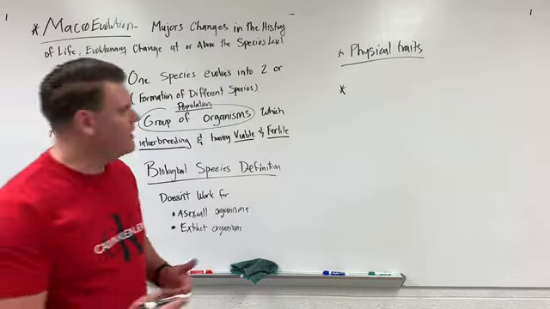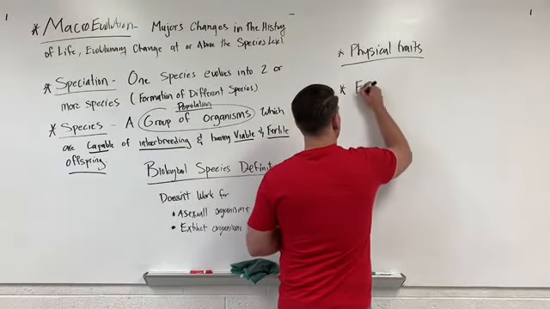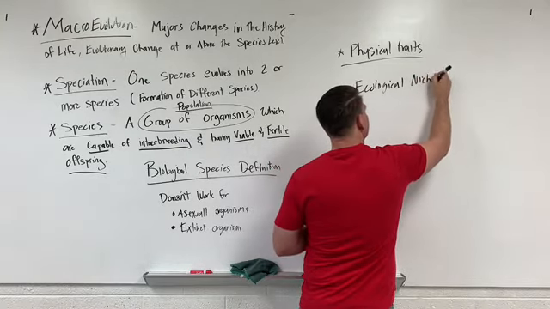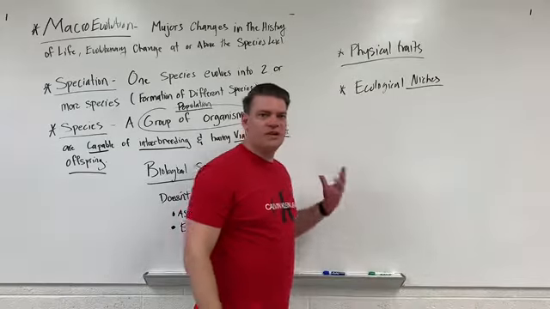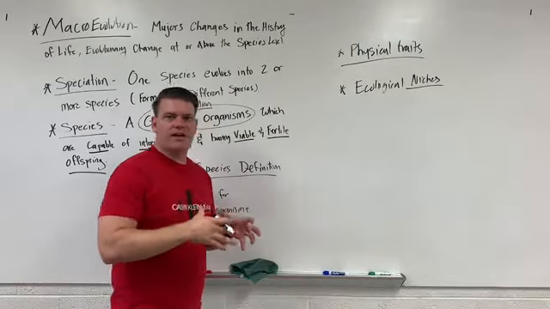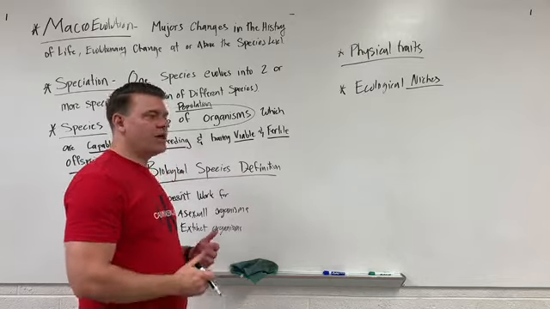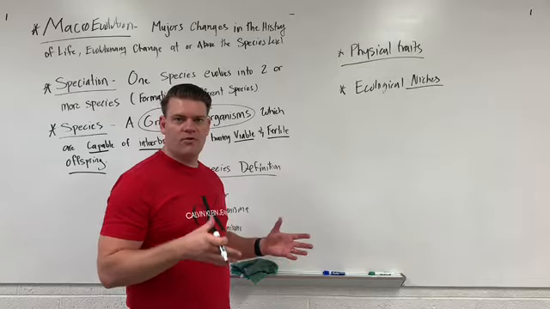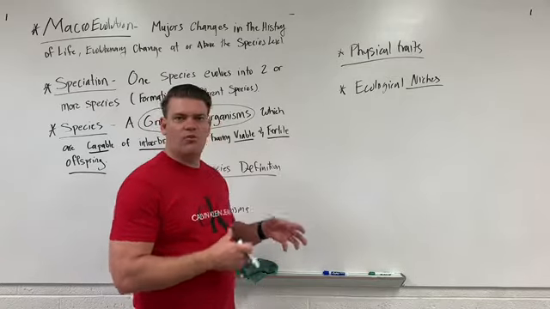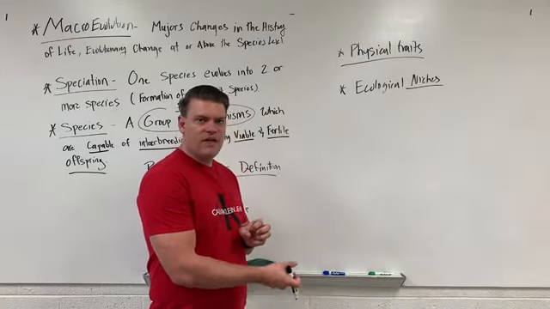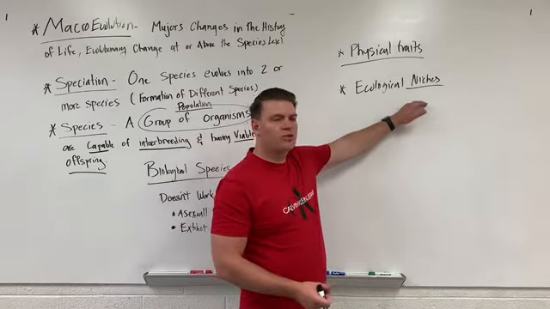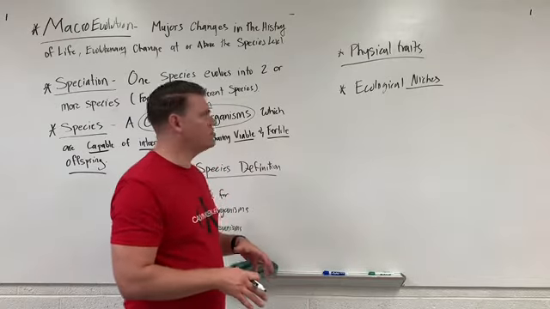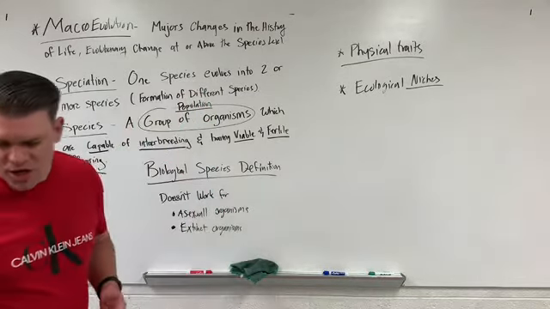So we have ecological niches. A niche is like a certain thing, like a job of a species. And so with bacteria, there are different bacteria that break down different forms of organic material. Based on what form of organic material they break down, you can break things off into different species. So that's our ecological niche. We also have